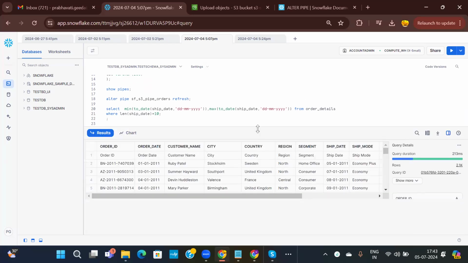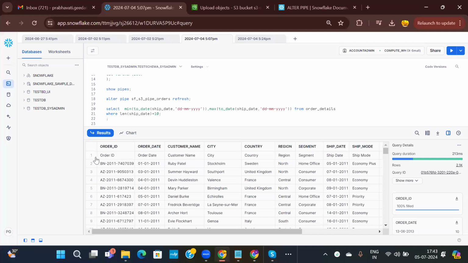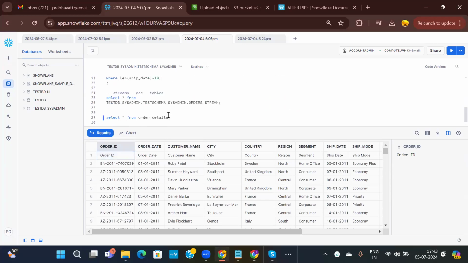Let us see what we can update or delete. Okay, I want to delete all these text columns. In the order ID column, it should be just the ID value, but we have this one as well. I want to delete them. Let us see how many such rows are there where order ID